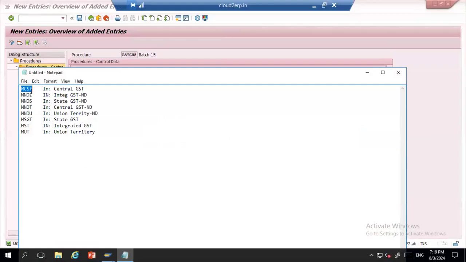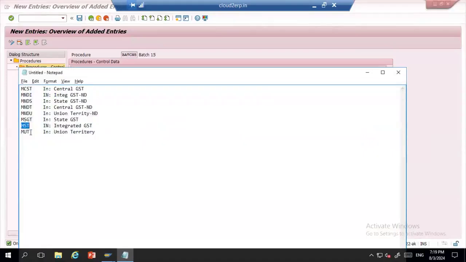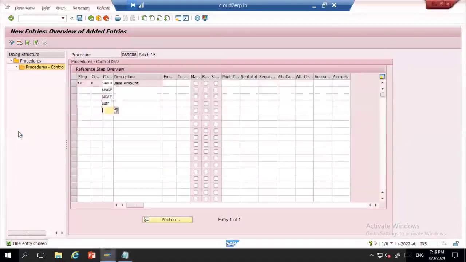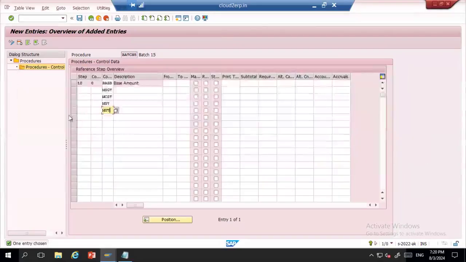Then you have the integrated GST, then the union territory. Post that, enter all the non-deductible taxes.